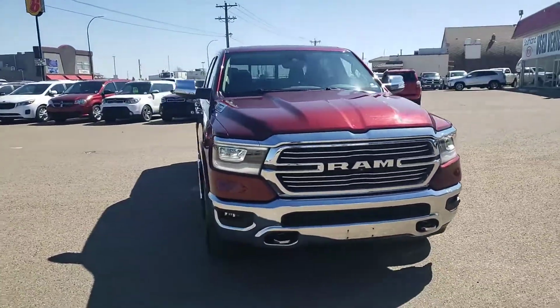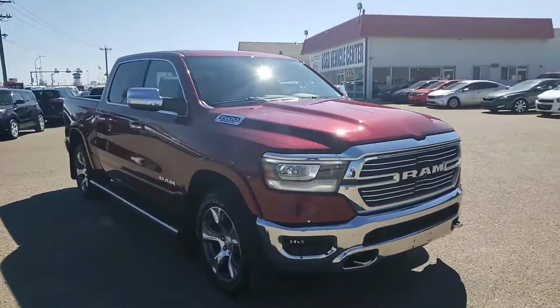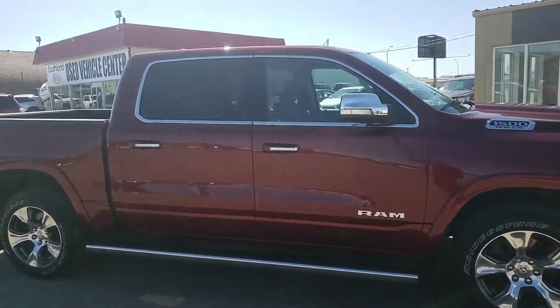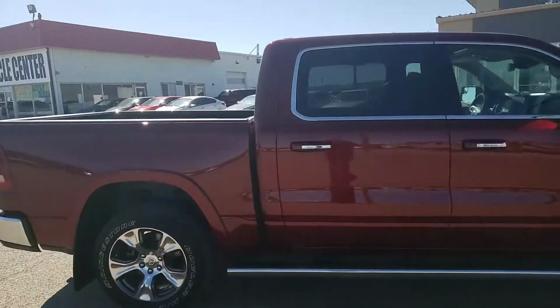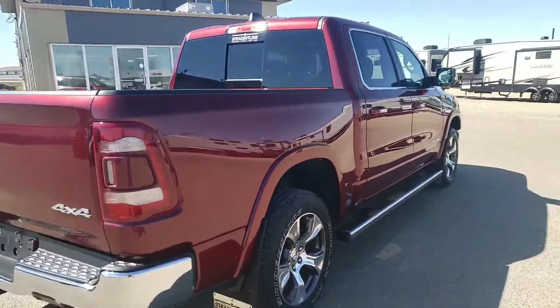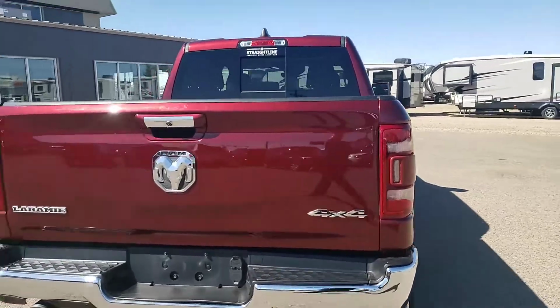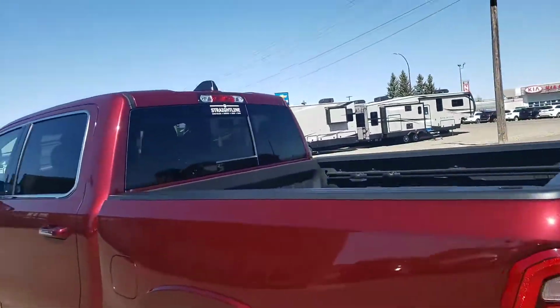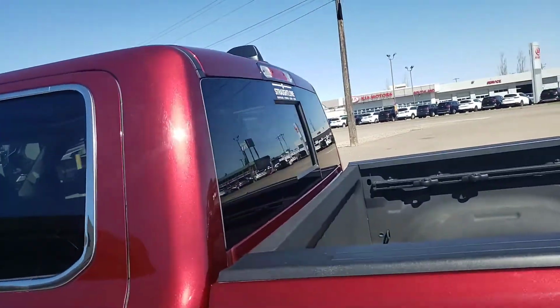This is our 2019 Ram 1500 Laramie. This thing is fully equipped, being the Laramie of course. You've got the backup camera, air ride suspension, full crew cab, power sliding rear window,